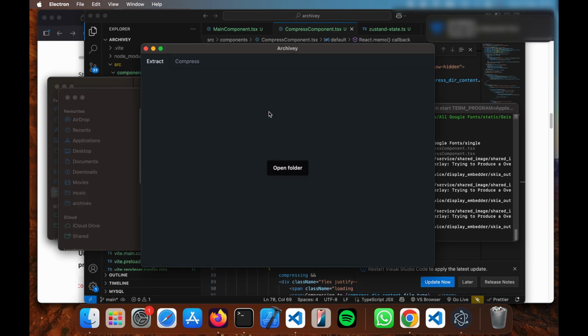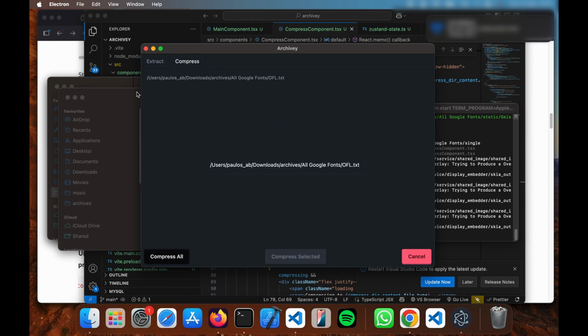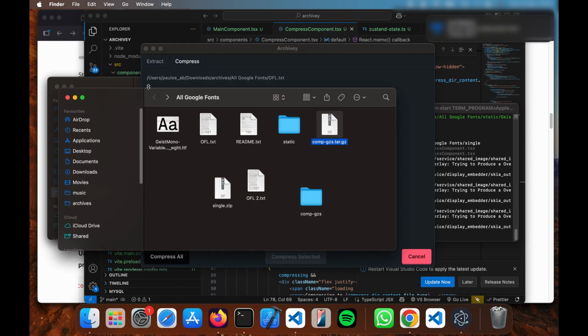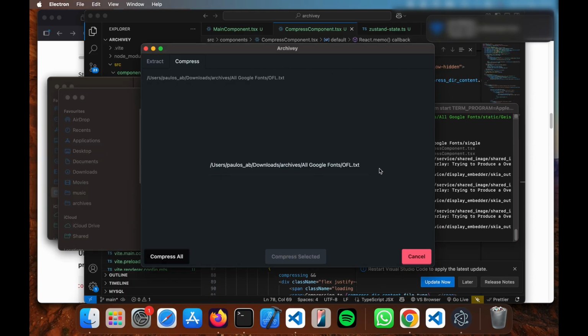But using this software that we just built is going to give us the option of selecting the files that we want to be extracted, and we will also be able to specify the folder name, and also select the files that we want to compress, and specify the